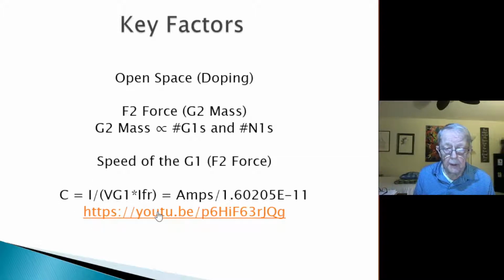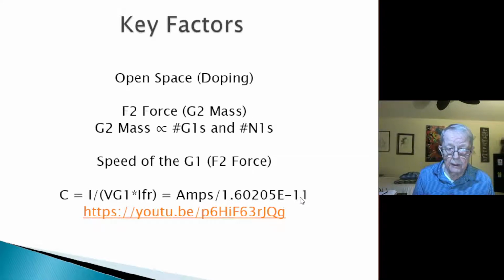There's another point I want to make. Unfortunately, this will take some time to go into, but the number of G1s flowing through the diode can be estimated. On the work I did based on the DC power to a resistor and 1 amp of current, I came up with the conclusion of this equation. If you go to this link, and I'll list it as well in the description, you'll understand how I got this number. It turns out that the product of the volts per G1 times the interaction factor of the resistor is fairly constant at